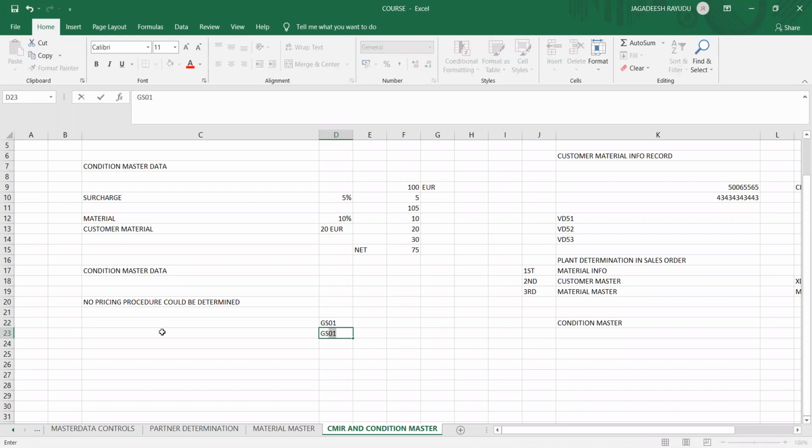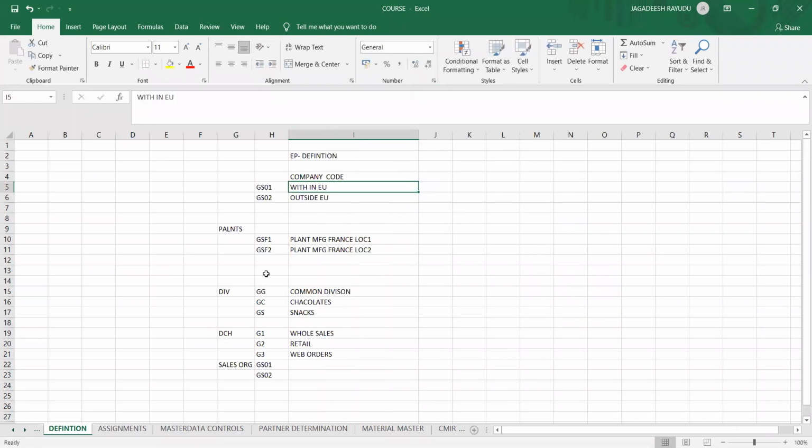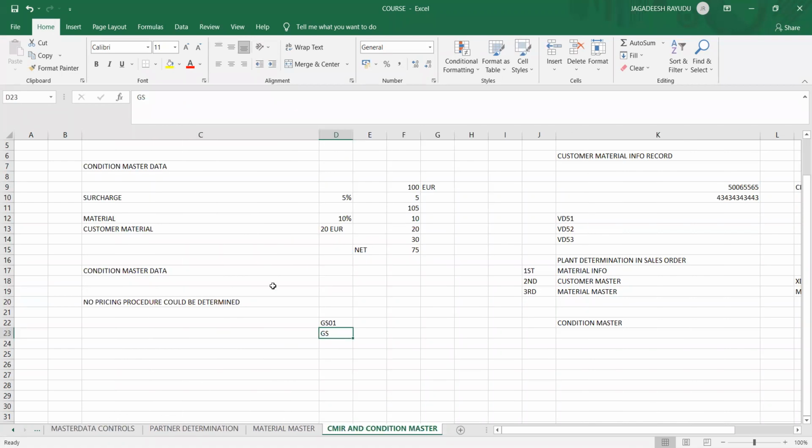Let me check the sales area quickly. GC is the division and G1 is the distribution channel. G1 is wholesale and GC is your chocolate division.